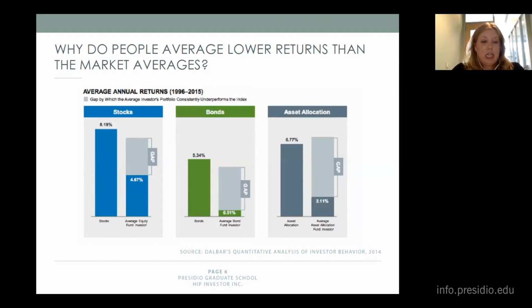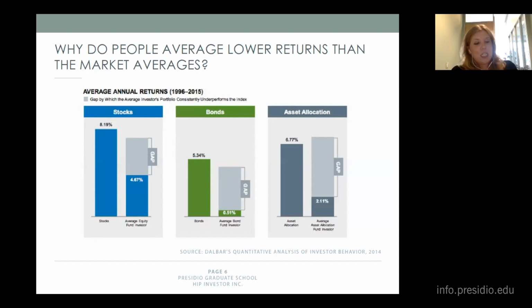The results consistently show that average investors earn less, and unfortunately, in many cases, much less than mutual fund performance reports would suggest. The goal of this analysis is to improve the performance of both independent investors and financial advisors by managing the behaviors that cause investors to act imprudently.